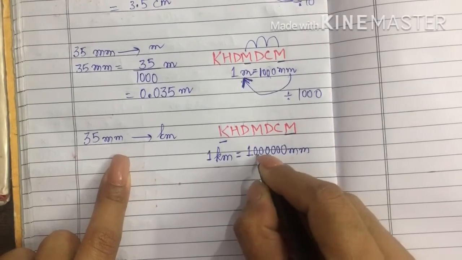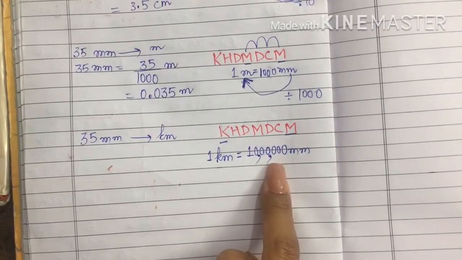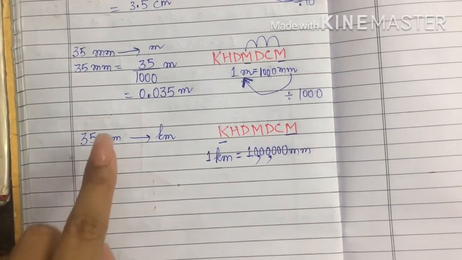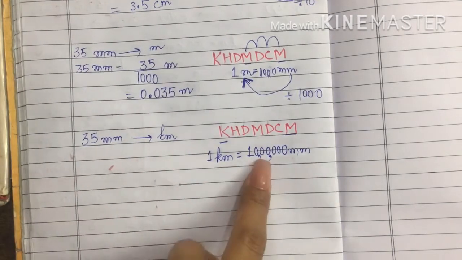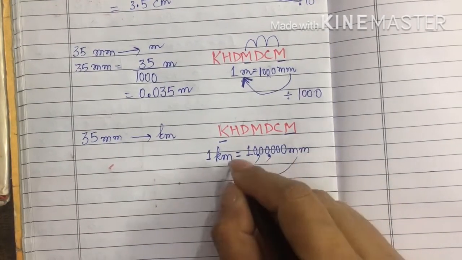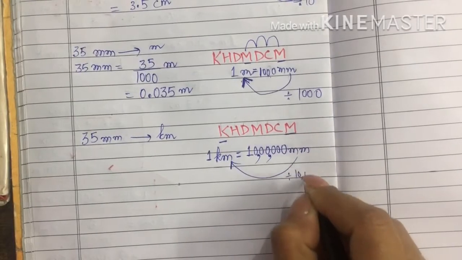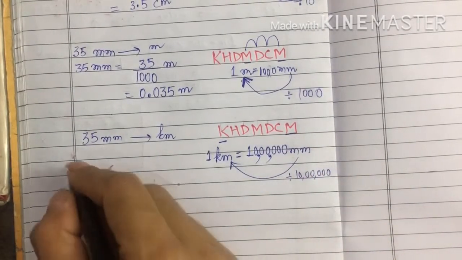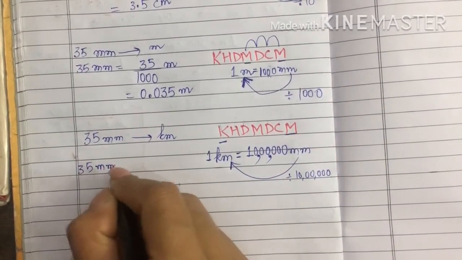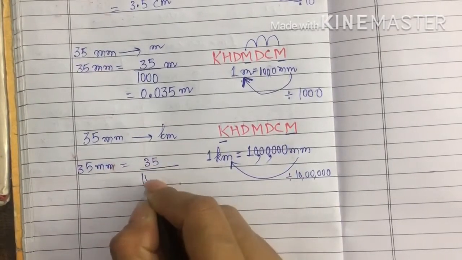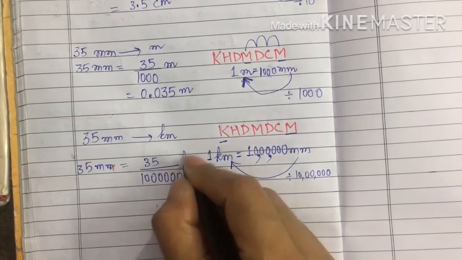So this actually is 10 lakh. So 1 kilometer equals 10 lakh millimeters. And if I want to convert millimeters to kilometers, I'll be dividing by 10 lakh. Divide by 10 lakh. So 35 millimeters will be equal to 35 over 10 lakh, and the answer will be